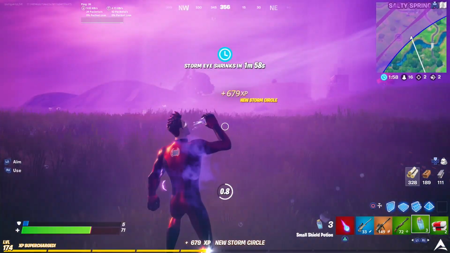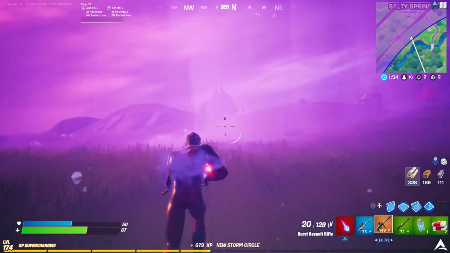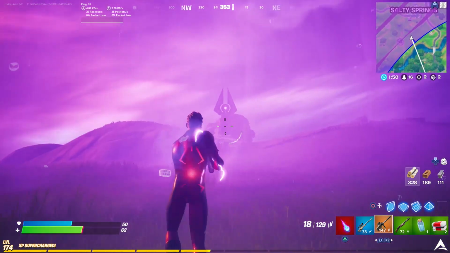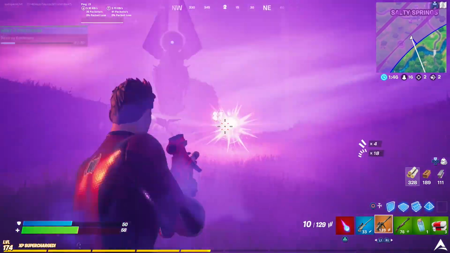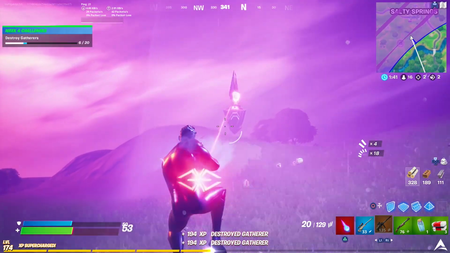I found that they usually spawn kind of near Salty Springs, but that's just in my experience. But you'll know that they've landed on the map when you see a big red beam of light come down on the map, but unfortunately they don't have a system right now where they could just tell you that they've spawned on the map with an icon similar to, you know, the Quinjet locations that we have, or when a